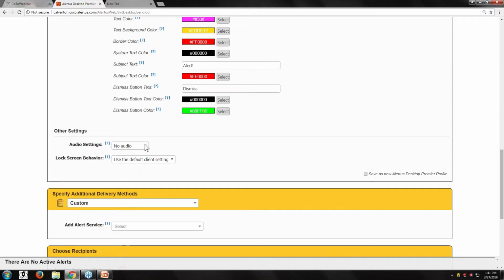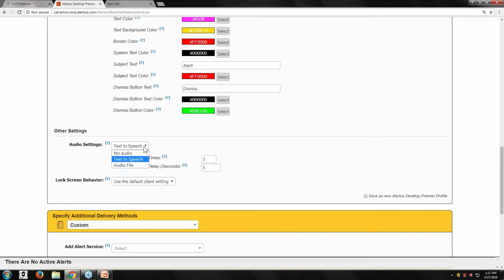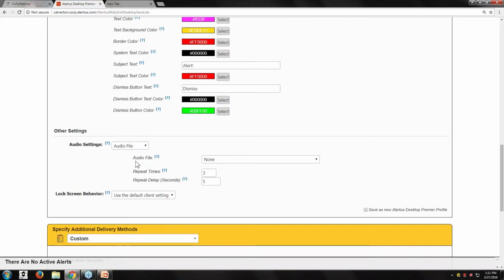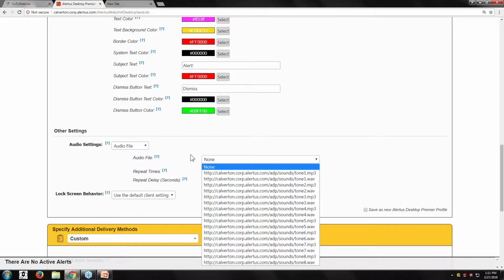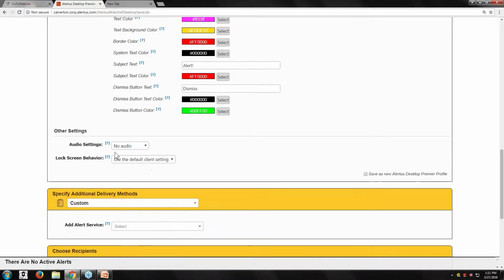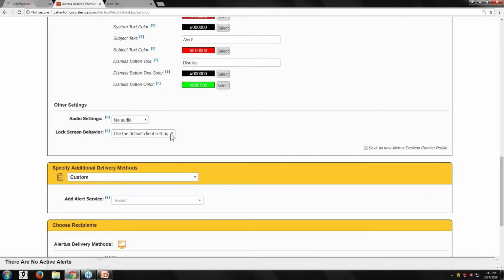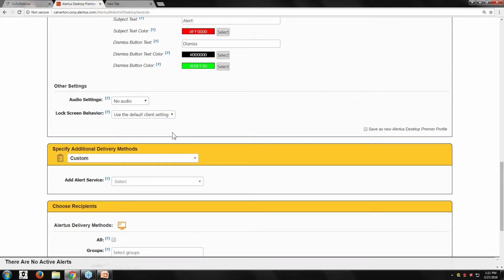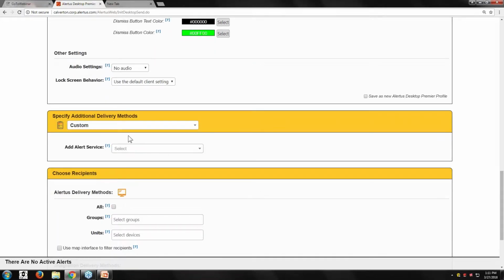Another advantage of the Desktop Premier is you have the ability to add audio or utilize your operating system's text-to-speech functionality. So we can choose text-to-speech. We can choose an audio file. So if you have an audio file saved, you can do that as well. And you have the ability to choose how the alert profile is going to act on lock screen. By default, it's going to show the same messaging. We can do a couple of different options here. So by default, for the alert service,